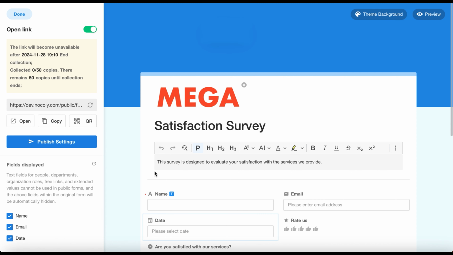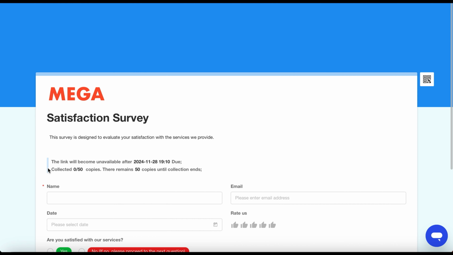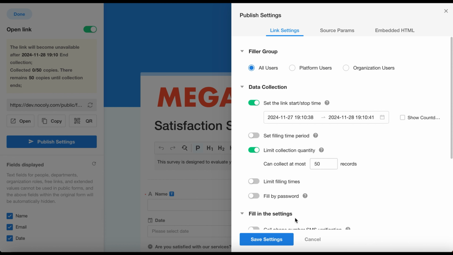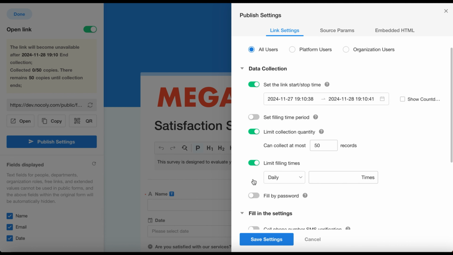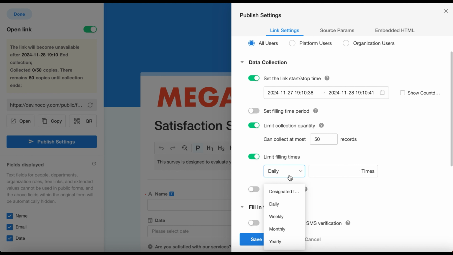After saving this setting, there will also be a reminder. App administrators can check the data collection progress on this public form setting page, and this reminder will also be displayed on the public form, visible to users when they submit data. By default, there is no limit on how many times a person can submit the form. However, if needed, you can set limits for how many times a user can fill out the form per day,